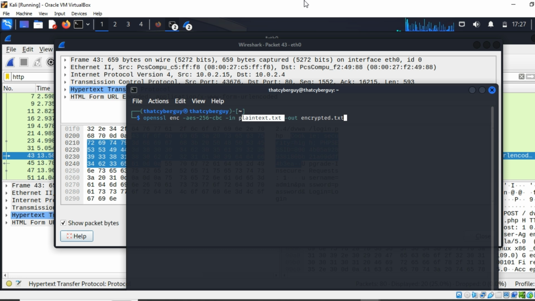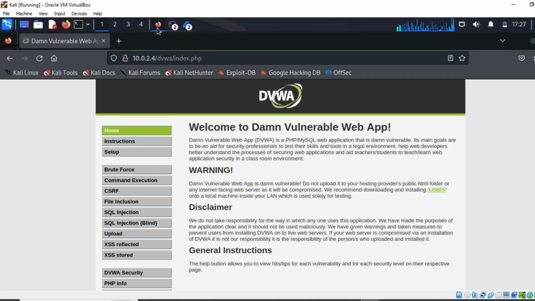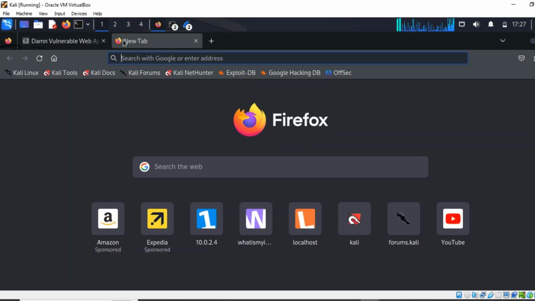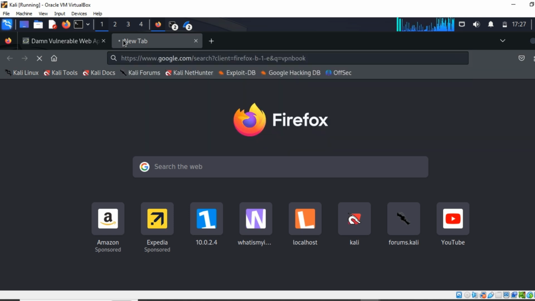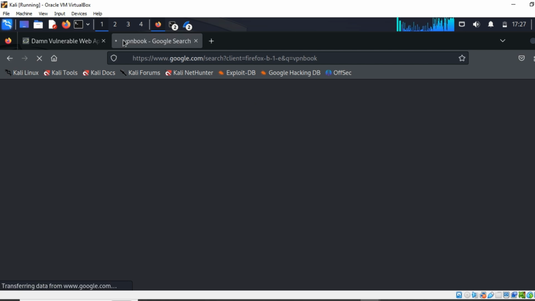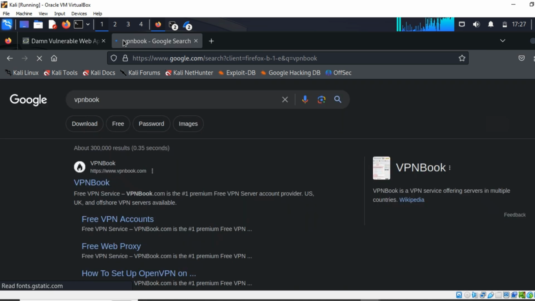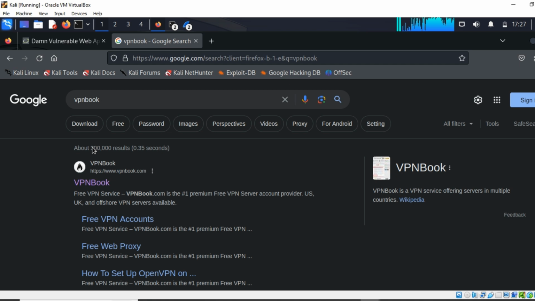But if you're curious, let me see if we can open a new page. There's a website called VPNBook. So while the website is loading, what is a VPN? A VPN is a virtual private network that establishes a secure connection over the internet, adding an extra layer of protection. So if you want to give it a try, you can just come to VPNBook